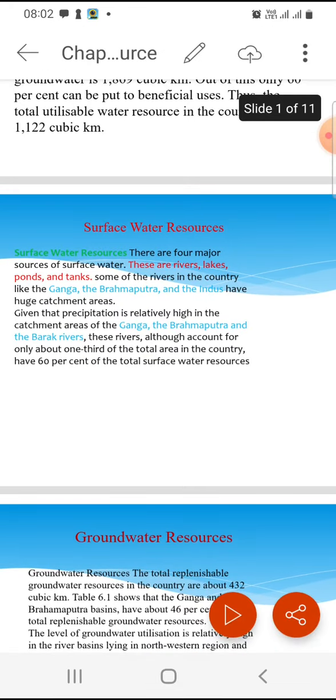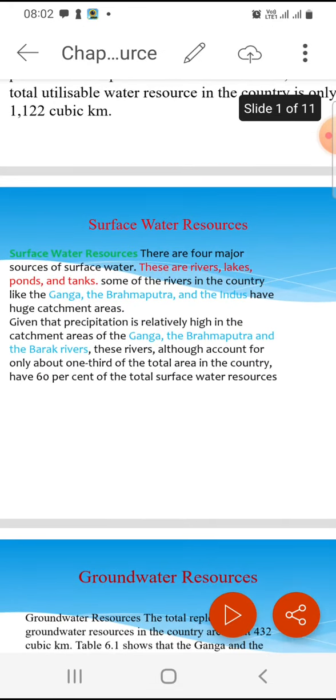There are four major sources of surface water: rivers, lakes, ponds and tanks. Some of the rivers in the country, like Ganga, Brahmaputra and Indus, have huge catchment areas.